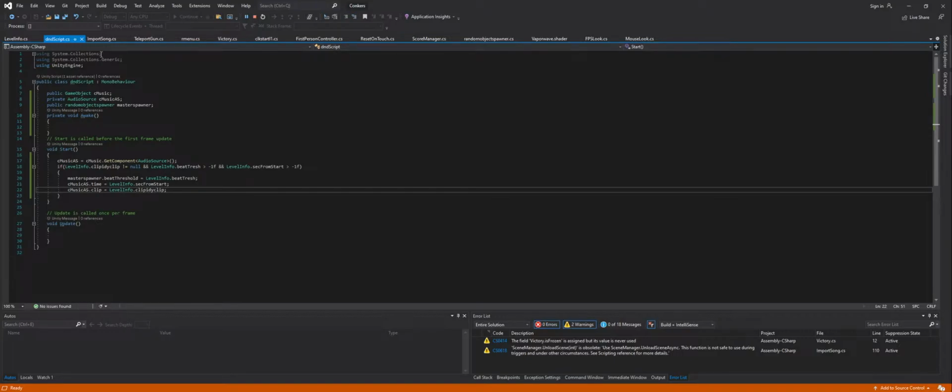So this will not destroy it. It will also get found automatically, I think. No, it won't. Random object spawner will not get found automatically. So basically I need to make sure that